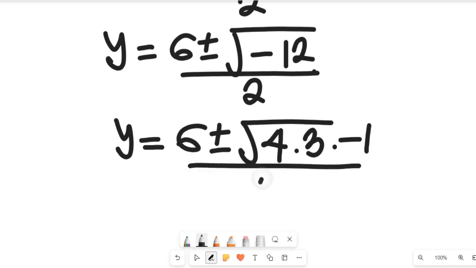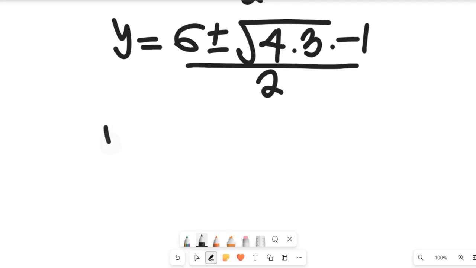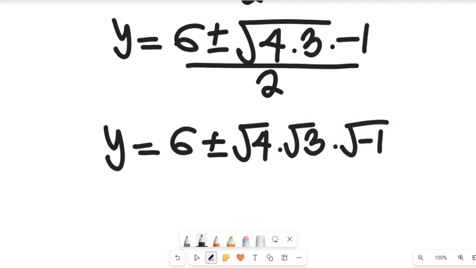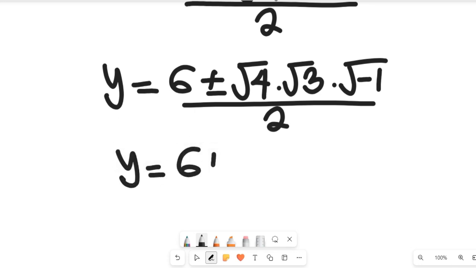So if we expand that, we're going to have y equal to 6 plus or minus the square root of 4 multiplied by the square root of 3 multiplied by the square root of negative 1, and all of this will be divided by 2. With this, you can see that our y is equal to 6 plus or minus 2 root 3,